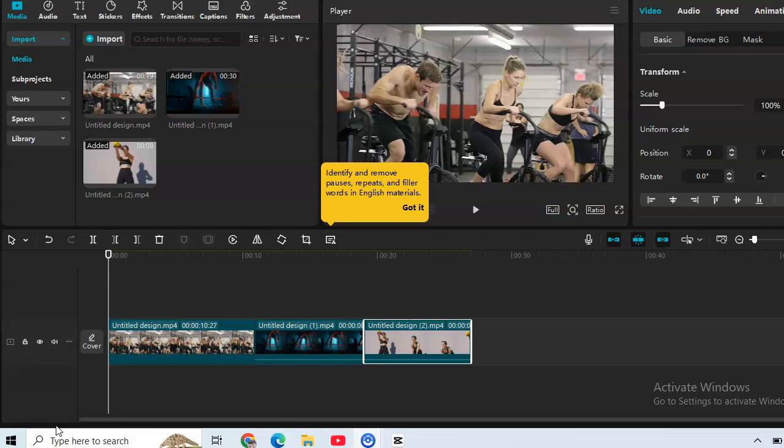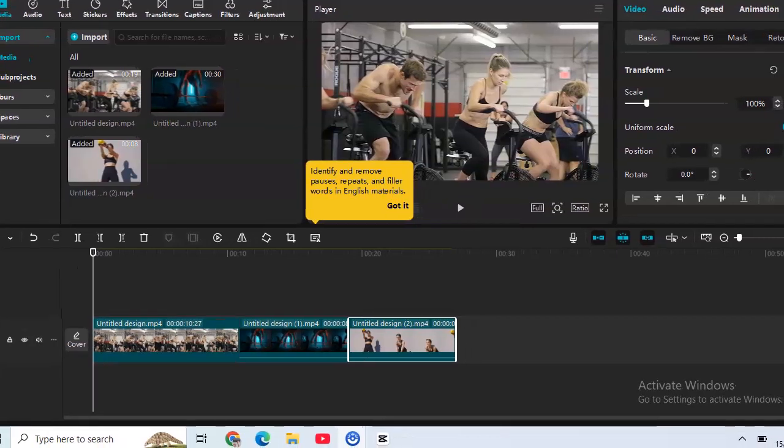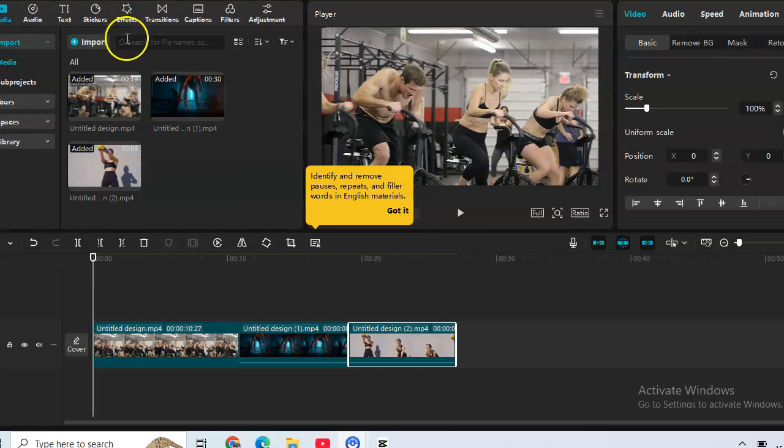Okay, how to add transition in CapCut PC. As you can see here in my project, I have 3 videos. If I want to add transition, just click on transitions